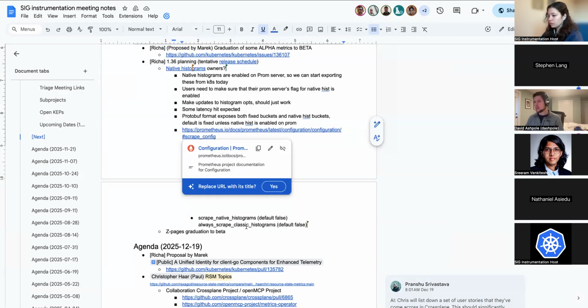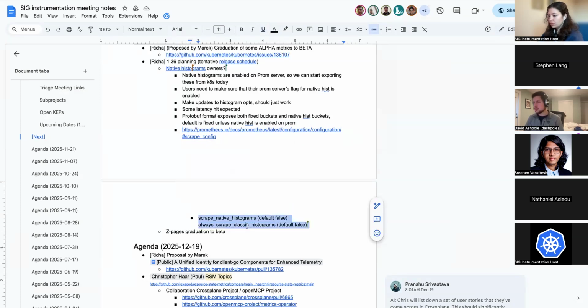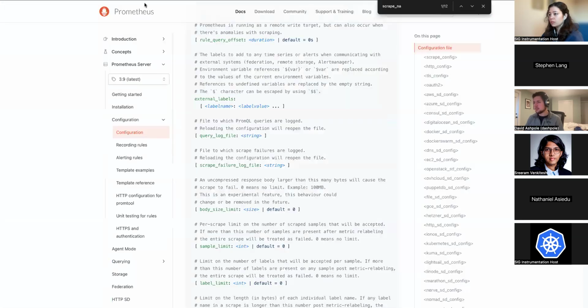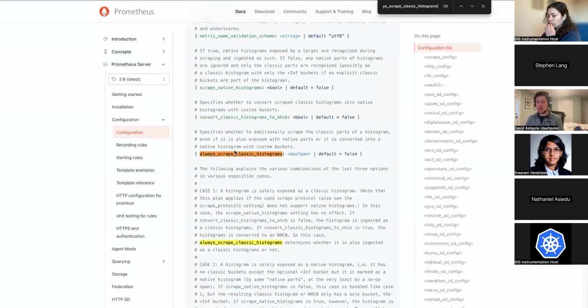There's a nice big explanation if you search for always scrape classic histograms on the Prometheus docs, basically giving you a way to migrate. So